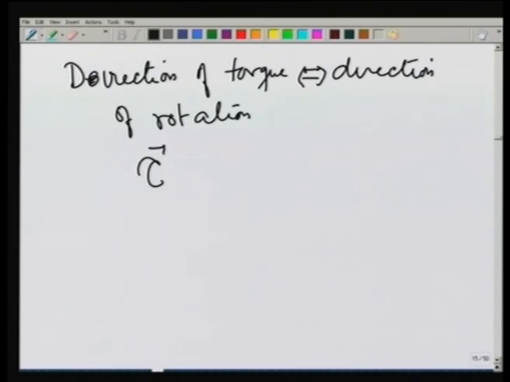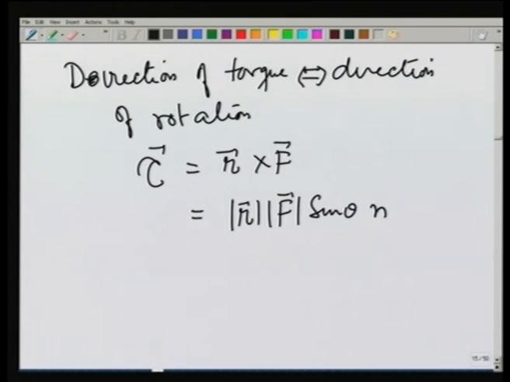So, if torque is given by r cross F, it is going to be equal to magnitude of r, magnitude of F, sine of theta n, where n is the vector that is given by the thumb when r is turned towards F through the smaller angle. The tendency of rotation is also the same. If n is the direction of torque, the right hand fingers give me the direction of rotation,